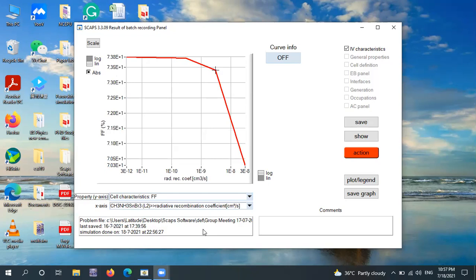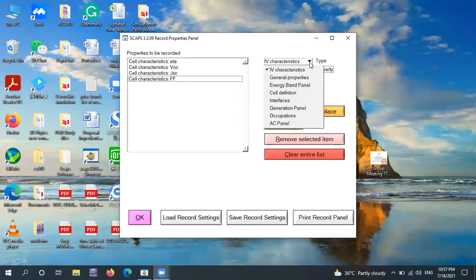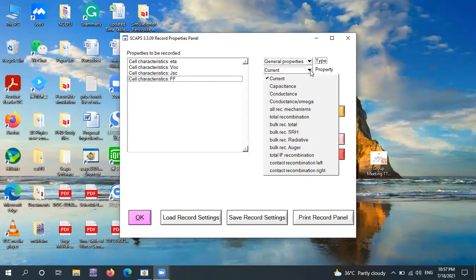We can see that now we can compute any kind of graph with respect to any parameter that has a clear impact over performance parameters like power conversion efficiency and fill factor as well. Similarly, one can also compute other parametric values. If I go back once again and click over batch setup, record setup, over here there are general properties, energy band panel, cell definition, etc. If I click over general properties, you can see a lot of parameters over here.